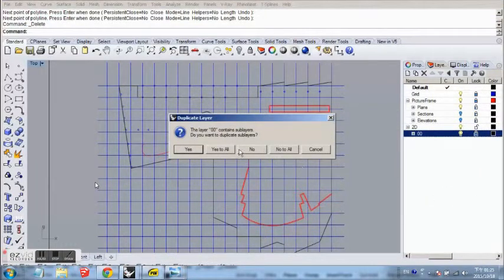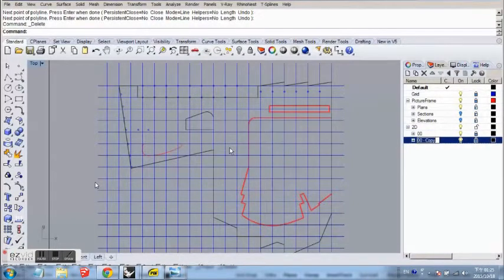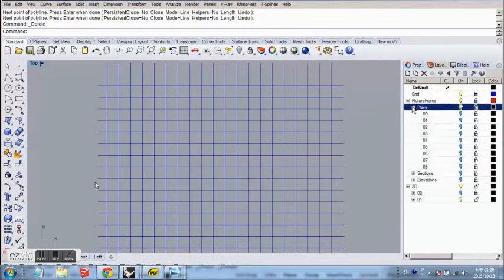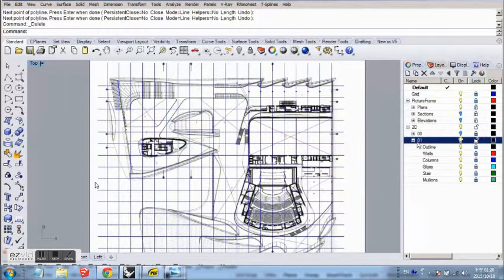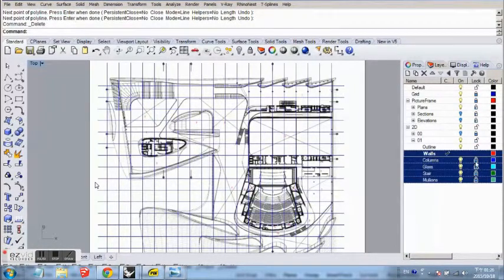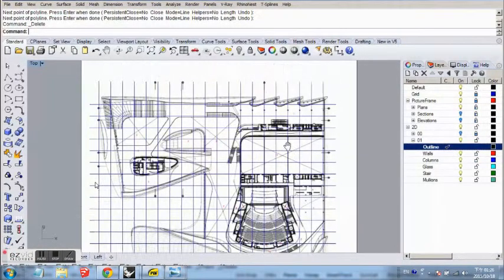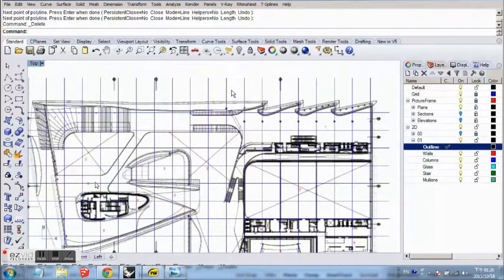Cool. So let's start again with our floor outline. Let's turn on our first floor picture frame, this one, and make sure the layer is locked, and also let's make our outline layer the current one. Alright, let's start again by drawing a polyline at the top left of the floor plan and work our way